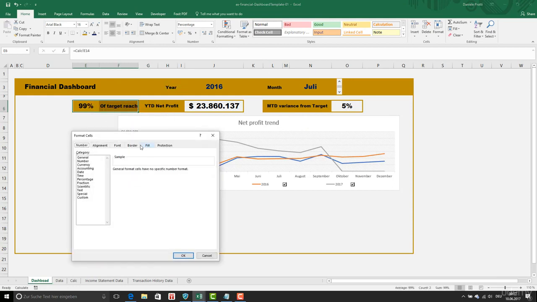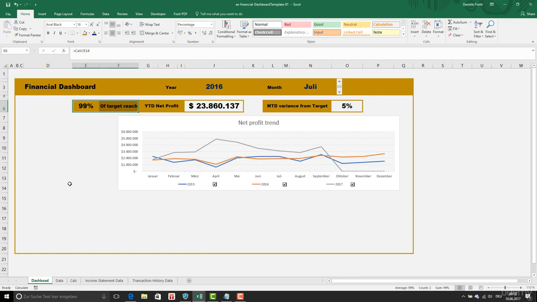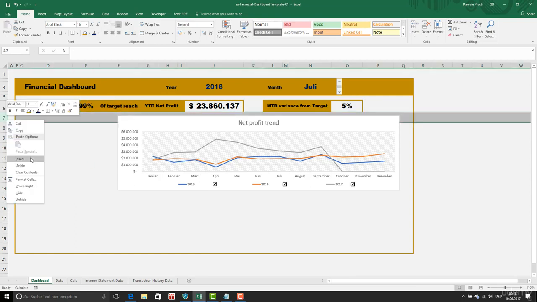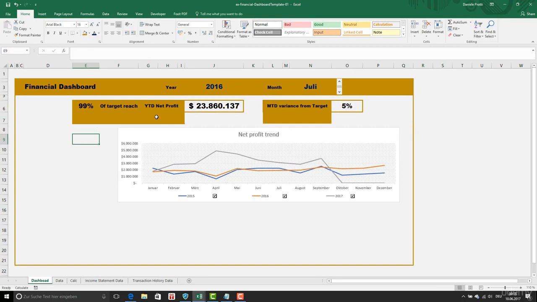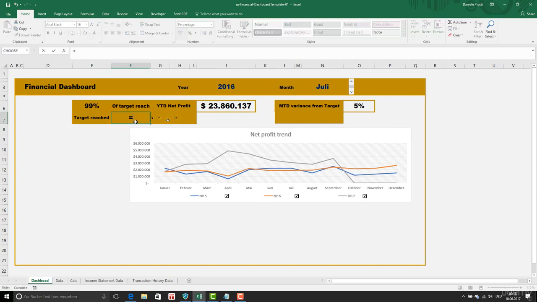Format cells, border. Okay, and here we're going to insert. Okay, like this, and target reached. And this one is going to be equal to